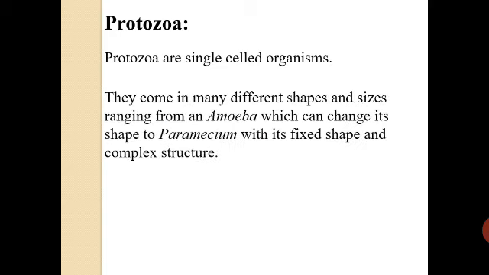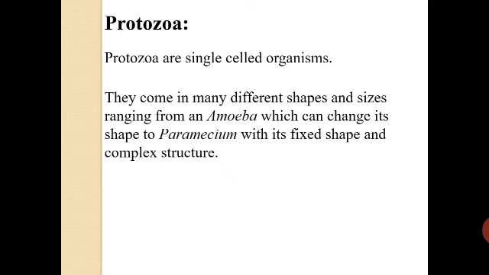Next we have protozoa, the next category of microorganism, and you should know that protozoa are also unicellular, meaning they are made up of one cell, and that one cell can do all the functions. They can have different shapes and sizes. Take the example of amoeba. Amoeba is also under protozoa, which you have understood in class 7th. Amoeba can change its shape.